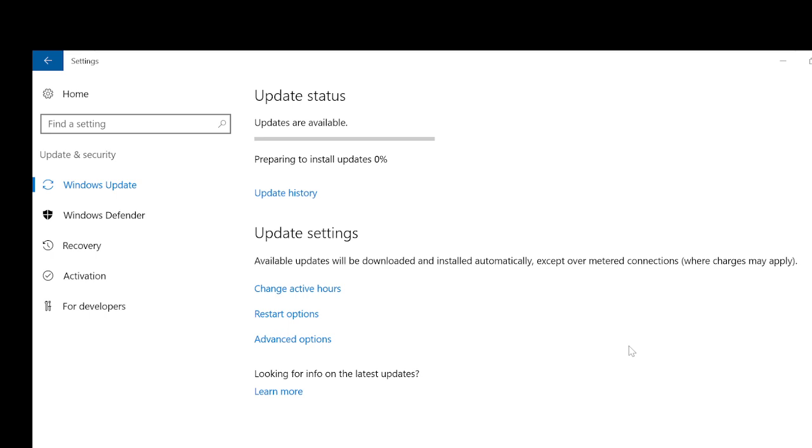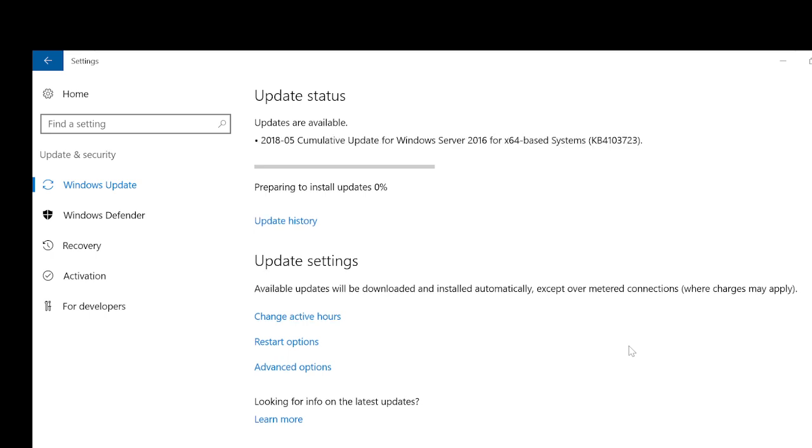It will take a minimum of 30 minutes, maximum up to 2 hours. That is why we plan it during night time, and it depends on the KBs, how big they are. One KB can be 1.5 GB or 2 GB. So it has to be downloaded, installed, and the services started. All this activity will happen in the backend.